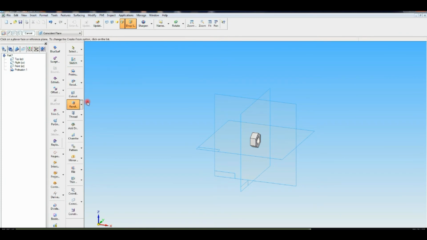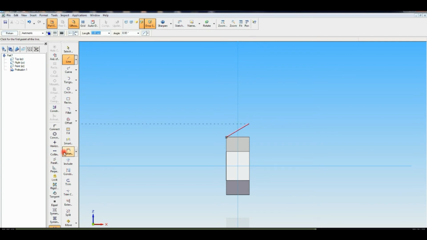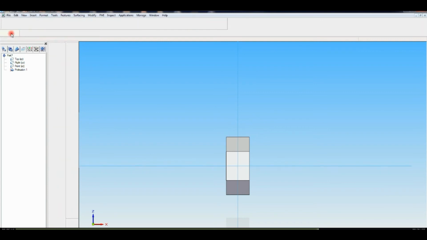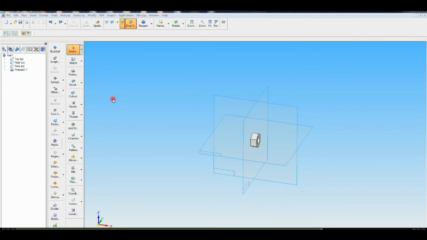For that revolve cutout you have to select, revolve cutout, then you have to select top plane.